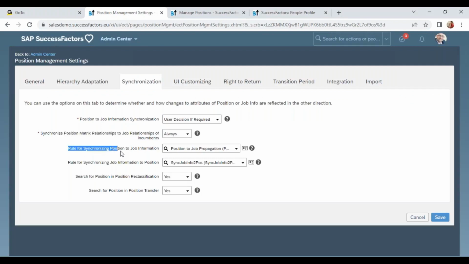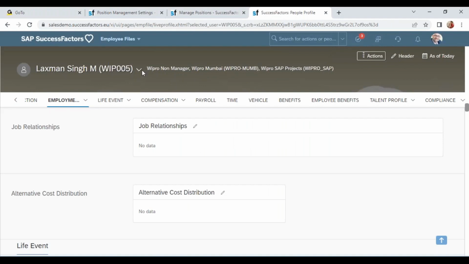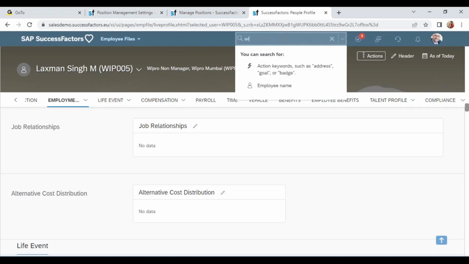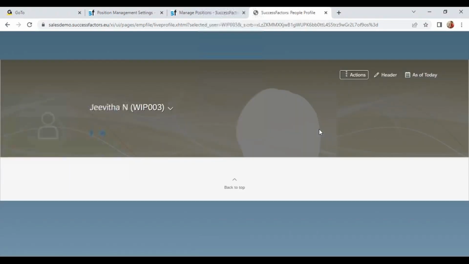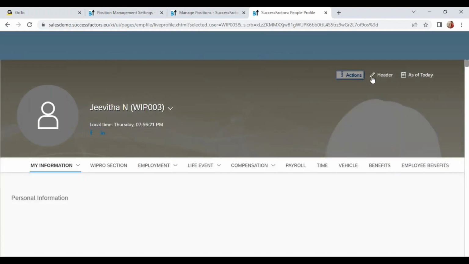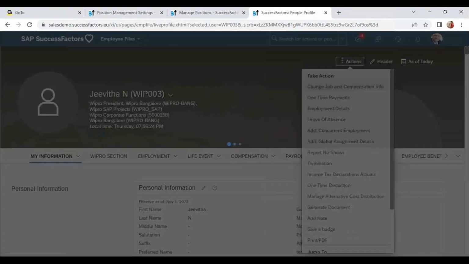Then we have a rule for synchronizing position to job and job to position. What data of position is getting updated in the job, or what data of job is getting updated. Similarly, you go maintain the data. Now, if I go here, I'll go to another employee. Okay, now if I go here and make some changes to job information,